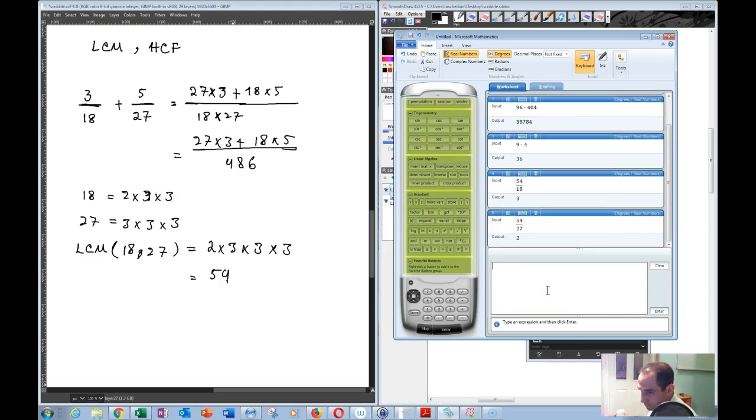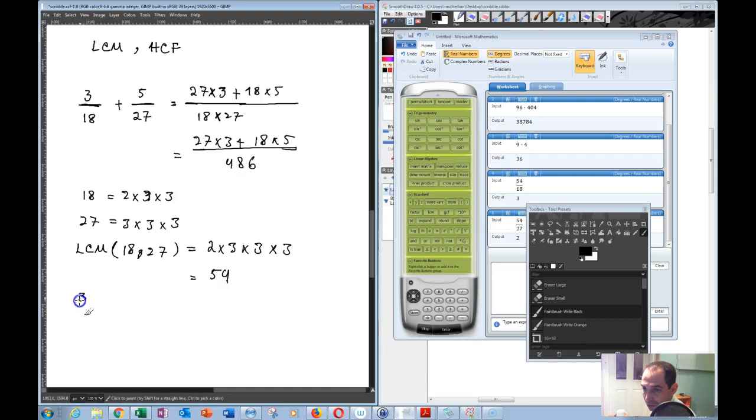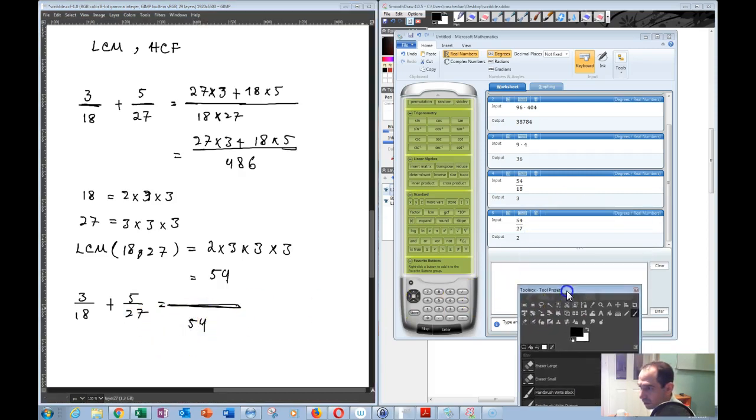So then you could simply go in here and write this calculation. You can write, for example, 3/18 plus 5/27. You would write this as the LCM. We found it to be 54, and then 54 divided by 18 is equal to 3, so that's 3 times 3 is equal to 9, plus 54 divided by 27 was equal to 2, 2 times 5 is equal to 10, so that's